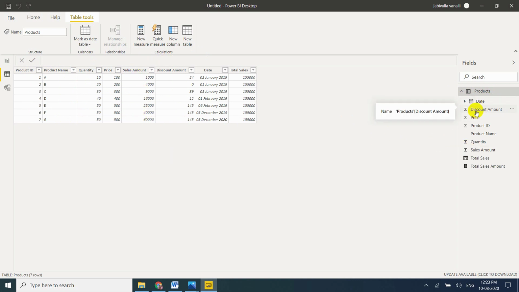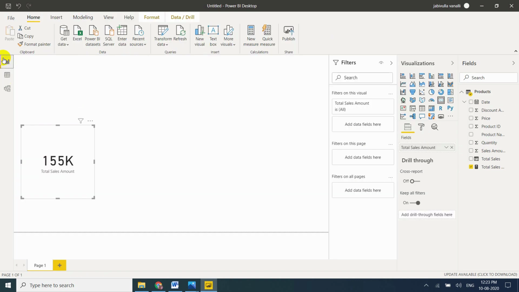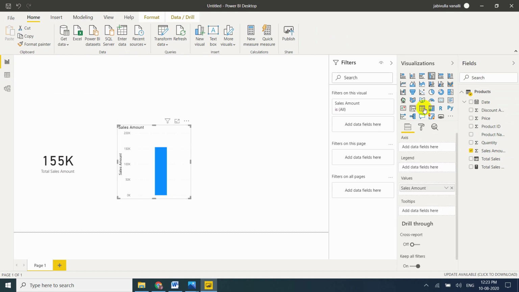See here, Discount Amount, Price, Product ID. Okay, but now I am taking this Sales Amount. Power BI Desktop also automatically sums, and it will give the same result.